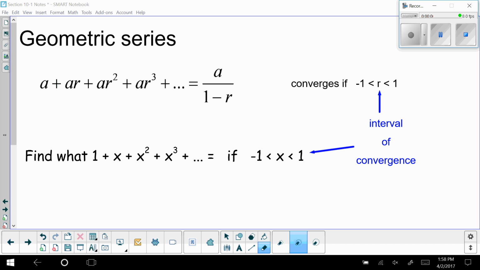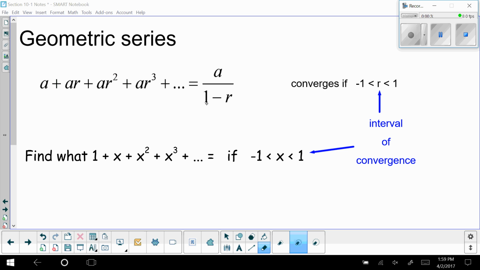So one thing that we can talk about now are geometric series, and this part should really be reviewed, because from Algebra 2 or pre-calculus, you've already discussed geometric series. This is the idea that if I have an initial term and the next term I'm adding on in the series is the previous term multiplied by our common ratio r, even if this goes on infinitely,